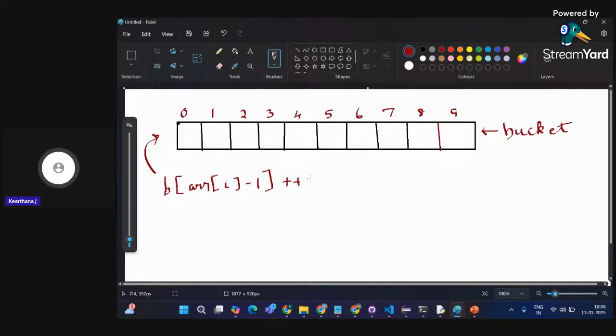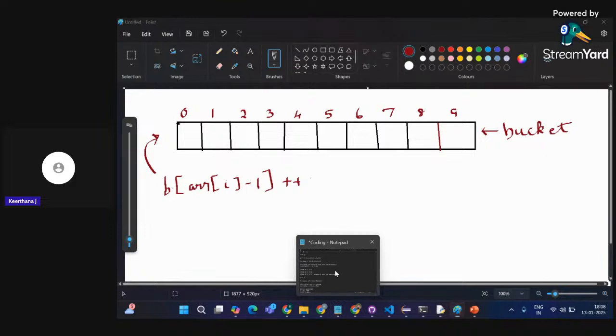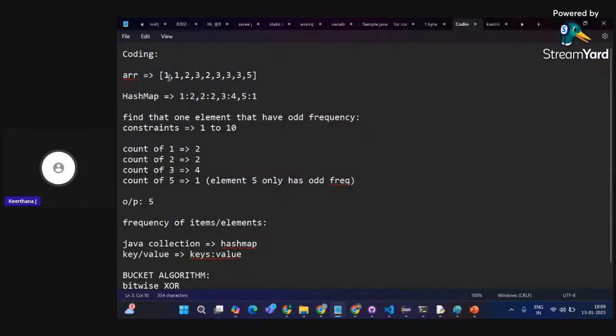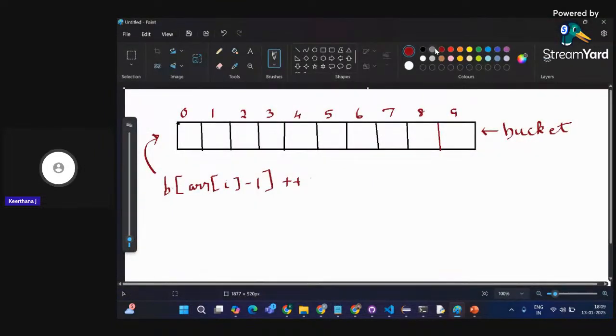So what happens? I'll be just giving you the dry run. First of all, 1 will be encountered. So ARR of I value will be 1. So bucket of ARR of I minus 1 plus plus. 1 minus 1 is 0. So in my 0th index, I'll be incrementing by 1.